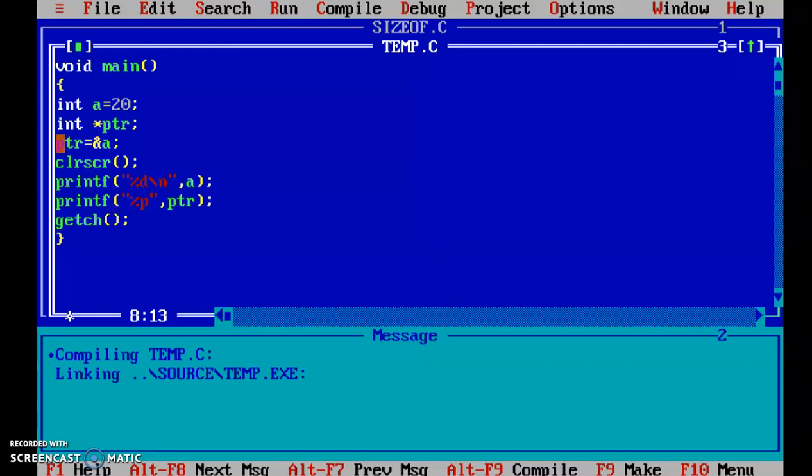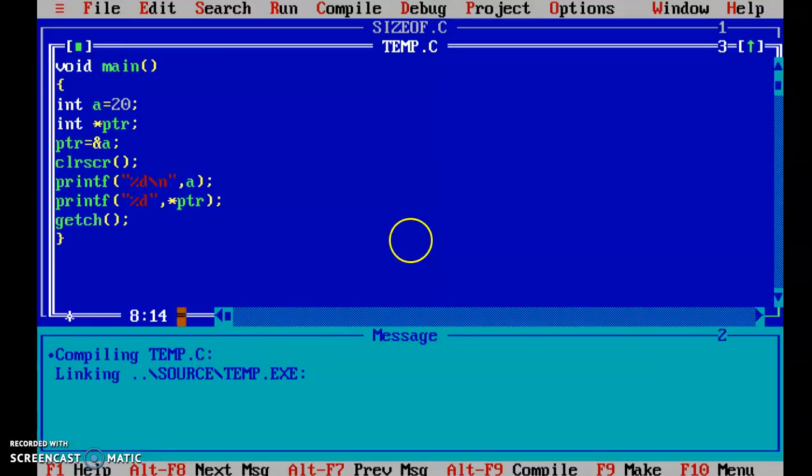Pointer is pointing to the memory location of A. So if pointer can point to the memory location of A, that means it can access information which is stored into the A. So to access that information, here I need to again change it to %d because I want to print a value from a variable with the help of PTR. So by giving star PTR, I can access the value which is stored into a variable. Yes, so it will give me the answer as 20 because value stored into a variable is 20.